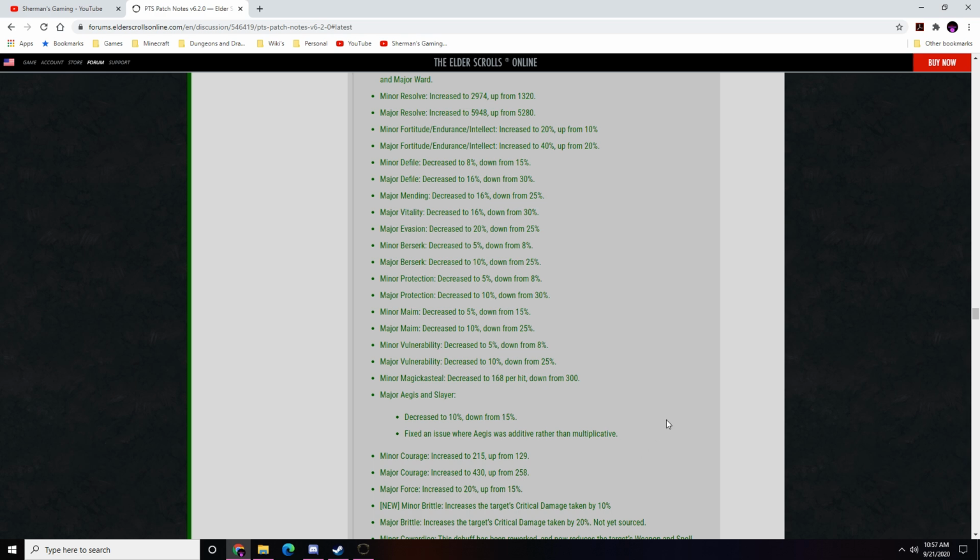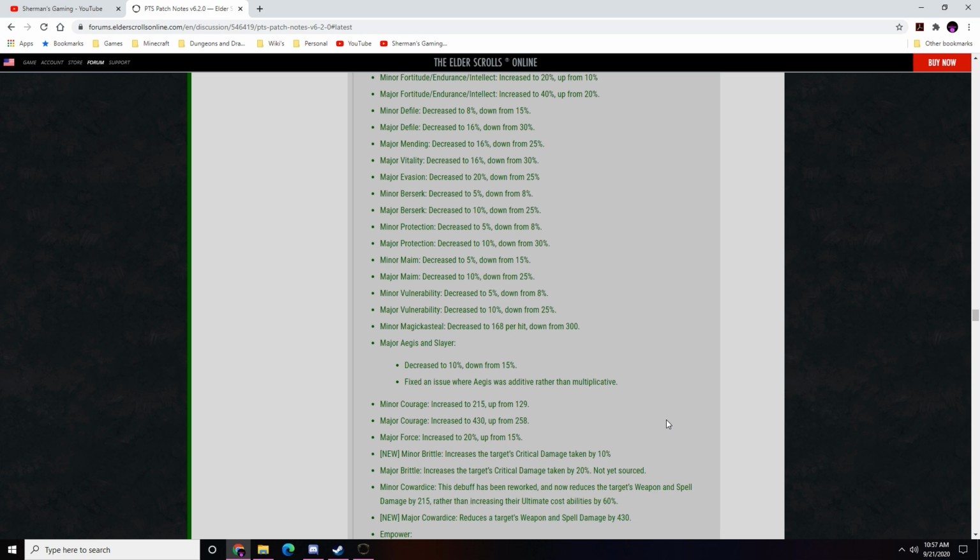Minor Courage is now up to 215. Major Courage is now 430. That's crazy. Major Force increased to 20%. Minor